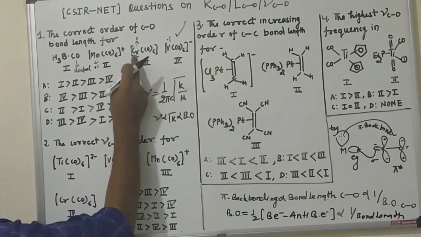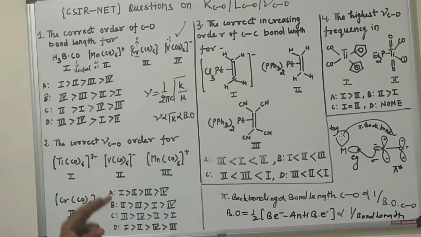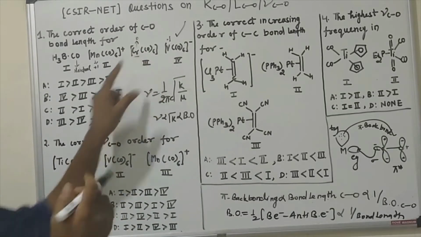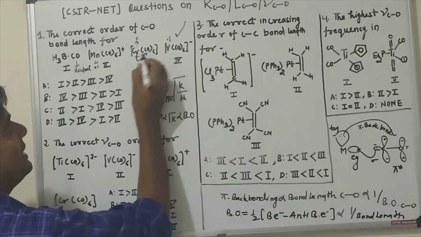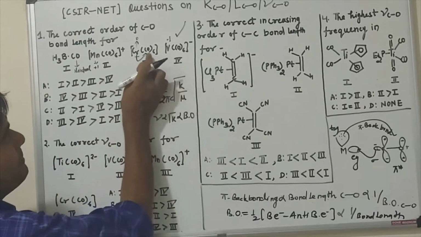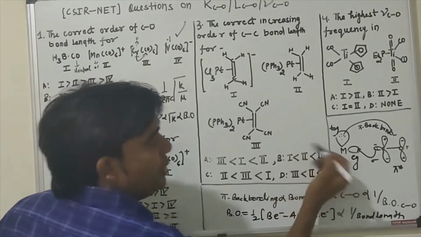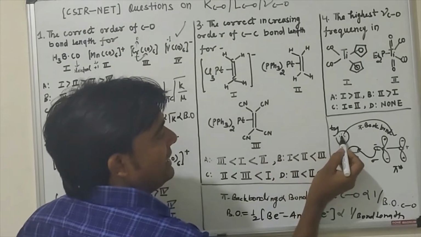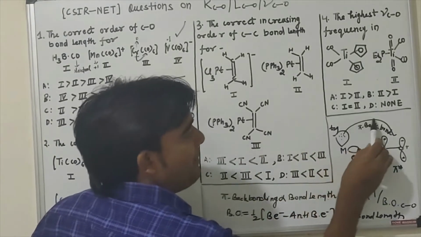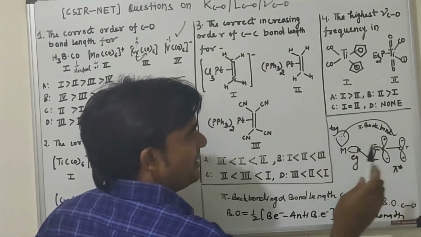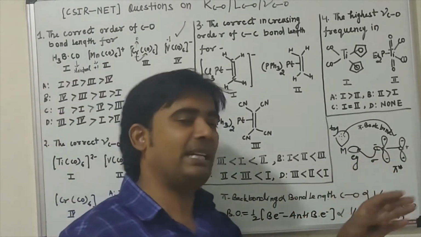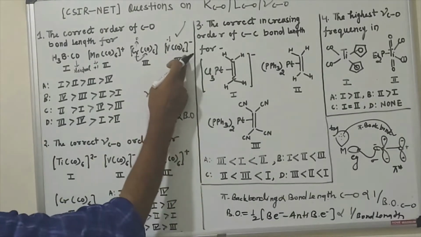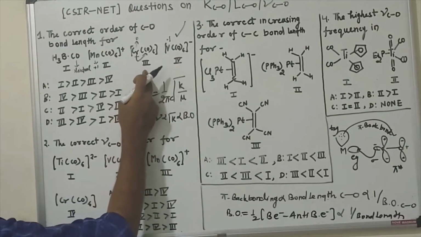Here this case is chromium and the oxidation state is 0, no negative, no positive. So it is simple, but some pi back bonding will take place from the t2g orbital into CO. Because it is neutral, with no positive or negative charge, but it has some t2g electron density in this orbital, some pi back bonding will take place. So the CO bond length will be increased a little as compared to free CO. So in this case the CO bond length will be high.